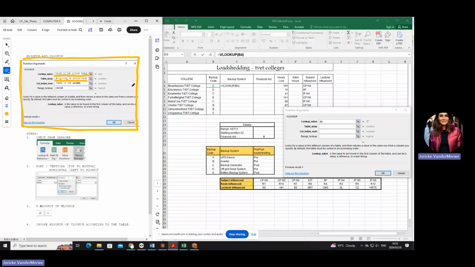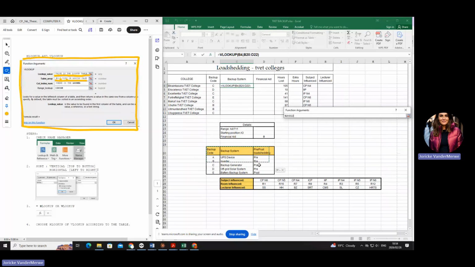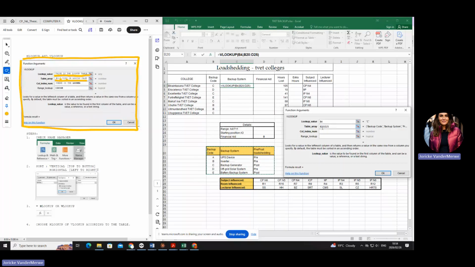Now, if you go to that question paper, you will see that the table array they give you is the one here. They tell you it must be B20 to D25. Are you with me? Okay. What do you do when it's given like that? You press F4 on both sides. Can you see the dollar signs that appear there?